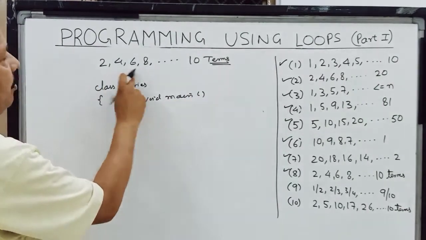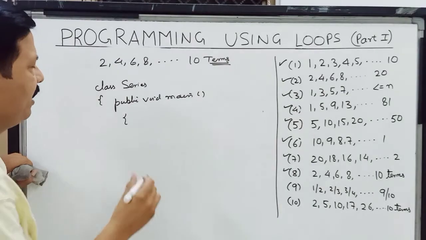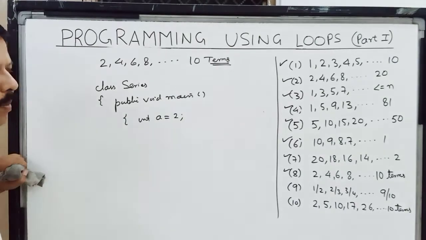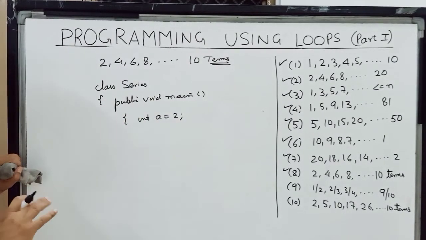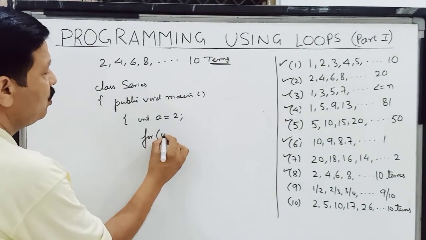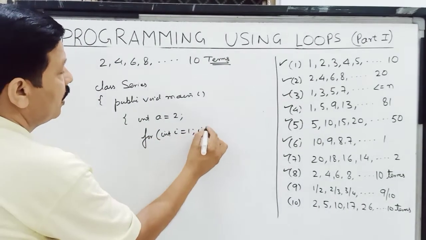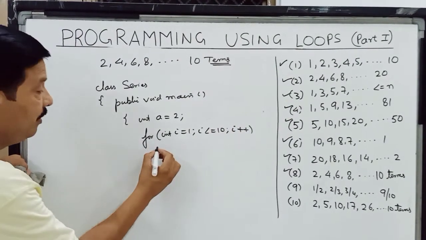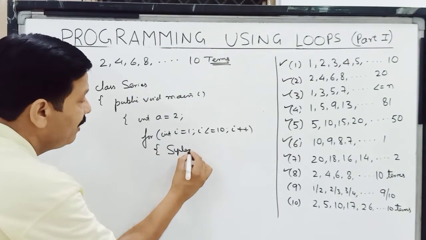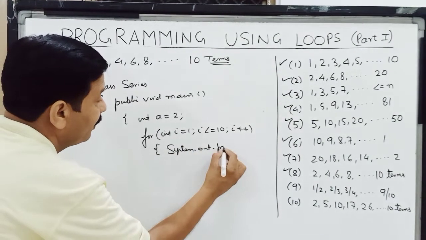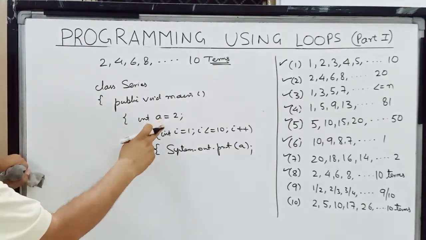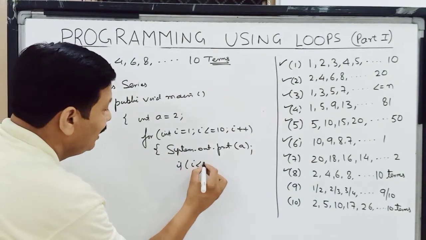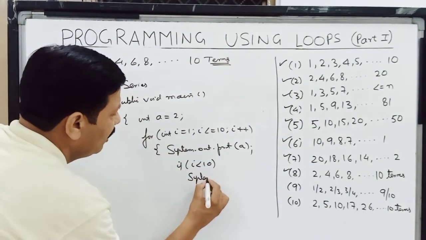Now the numbers of this series should get printed 10 times. So what I am doing here is I am taking a as equal to 2. My initial value is 2, so I have taken it as 2. And now children, I am running my loop 10 times. So this loop is going to get executed 10 times and I am printing my value not i but a. So if I print a, what will get printed? 2 will get printed. That is what I want. And I am also saying if i is less than 10, I am printing my comma, that will get printed.